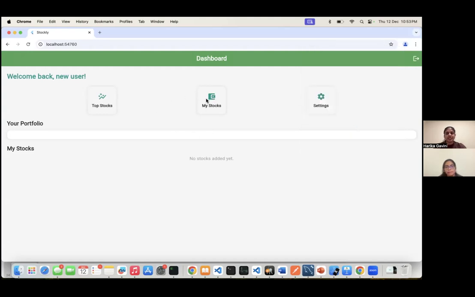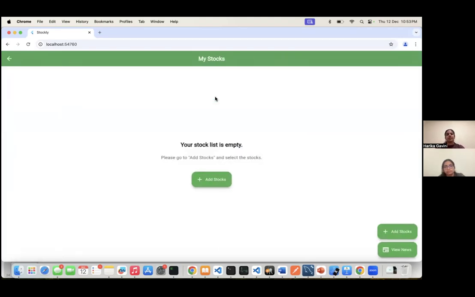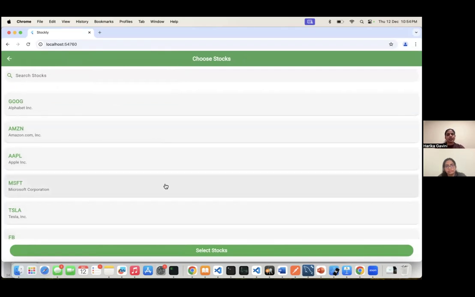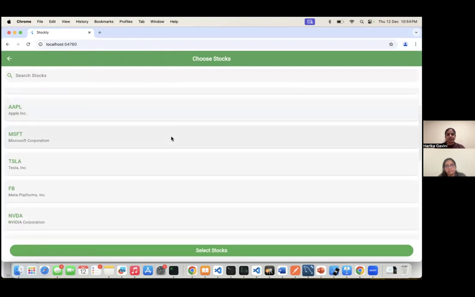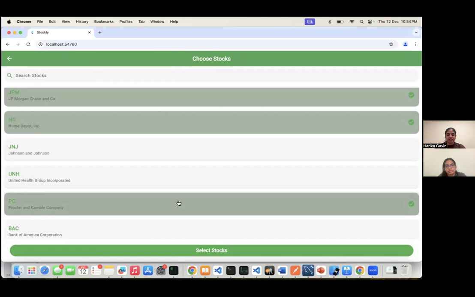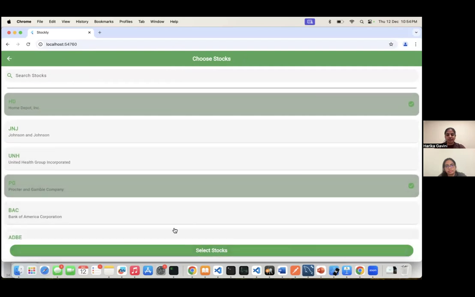So when the dashboard screen is open, you can see the list of the available stocks. So this is the my stock screen. Initially it says that the stock is empty and it asks to add stocks. If you look here, there are various stocks that are available. We can look into those stocks initially, and then we can just select the stocks that we would like,